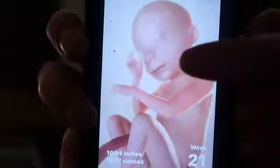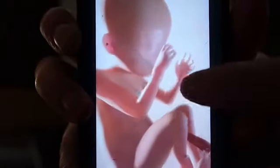But I wanted to talk to you guys today about my sneak peek early gender testing experience. I want to show you guys, we are now in our 21st week. That is baby on the app that I have. I do use the Pregnancy Plus app, but we are at 21 weeks as of today. The baby, according to the Pregnancy Plus app, is 10.94 inches from head to the heels of the feet, and